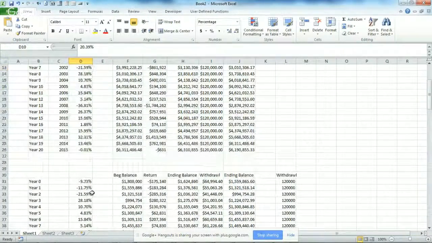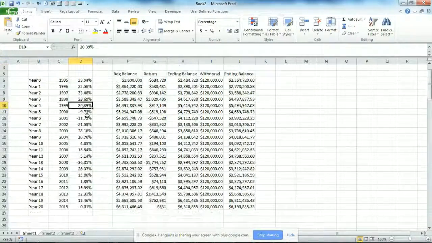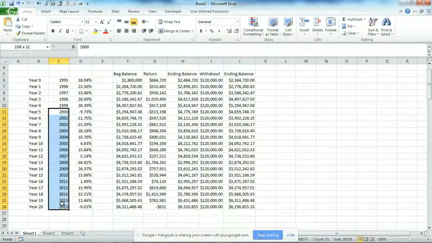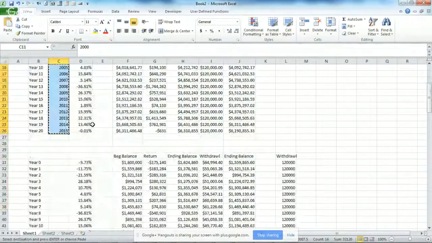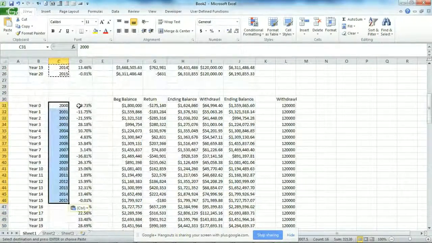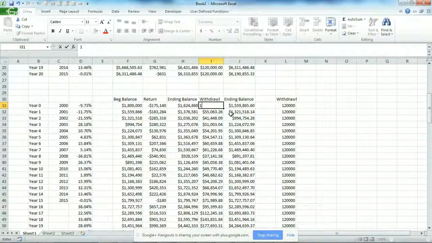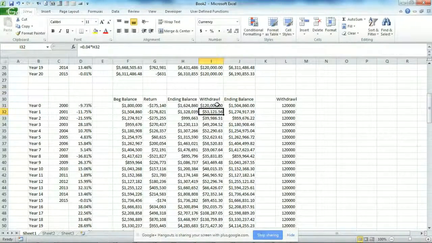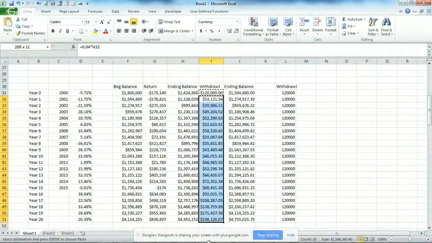So in 1999, so basically in the year 2000, let me copy this over here. In the year 2000, the market went down about 10%, and right off the bat you lost about $175,000. Your ending balance went down, and then if you were to withdraw $120,000, which is the plan,